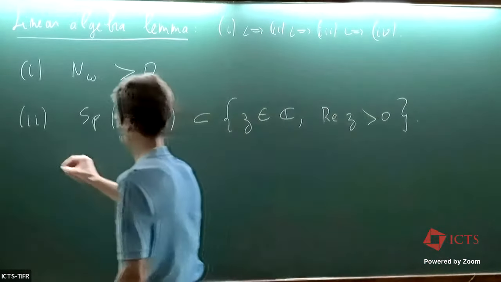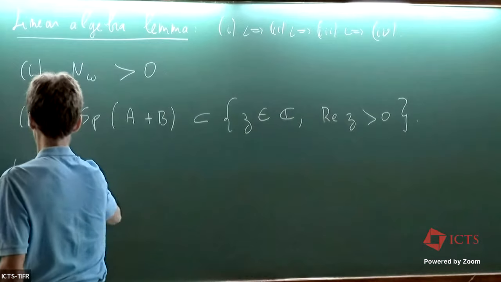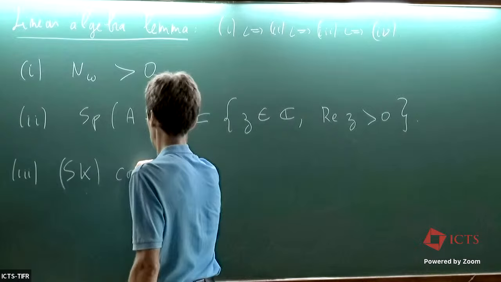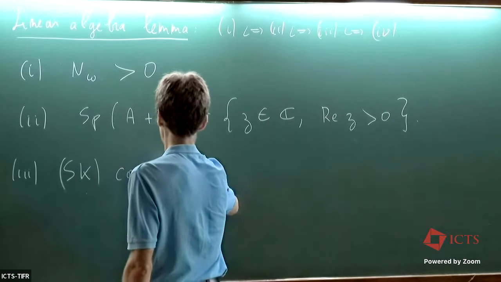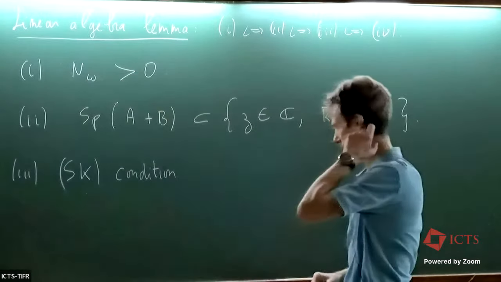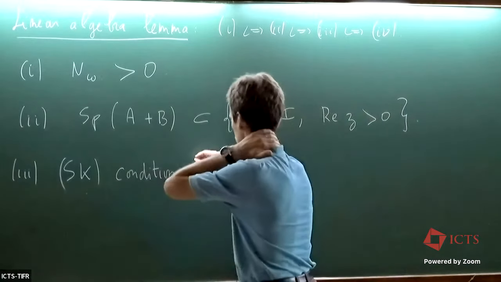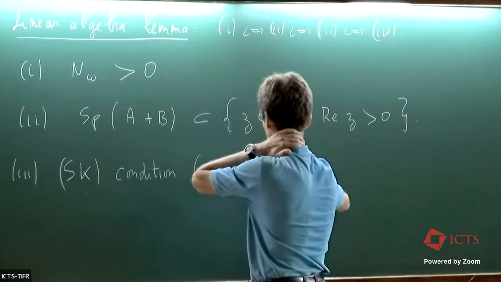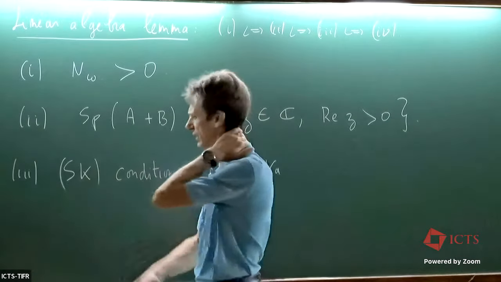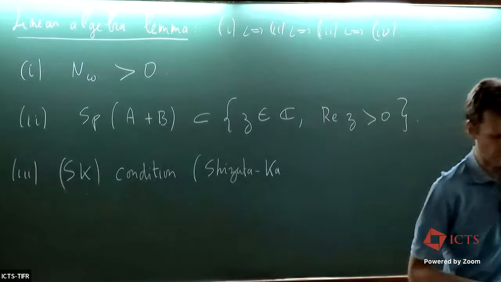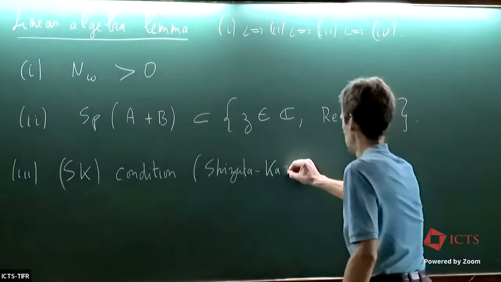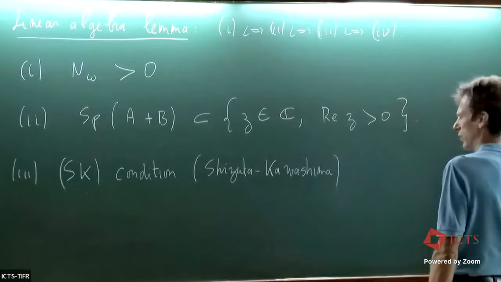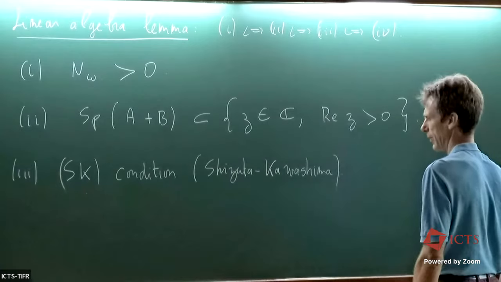The third one is the so-called Shizuta-Kawashima condition, which is well known by people that work on hyperbolic systems. SK means Shizuta Kawashima. I don't know, Kawashima discovered this condition in his thesis. Probably Shizuta was an advisor, I don't know. The condition says exactly that, assume that